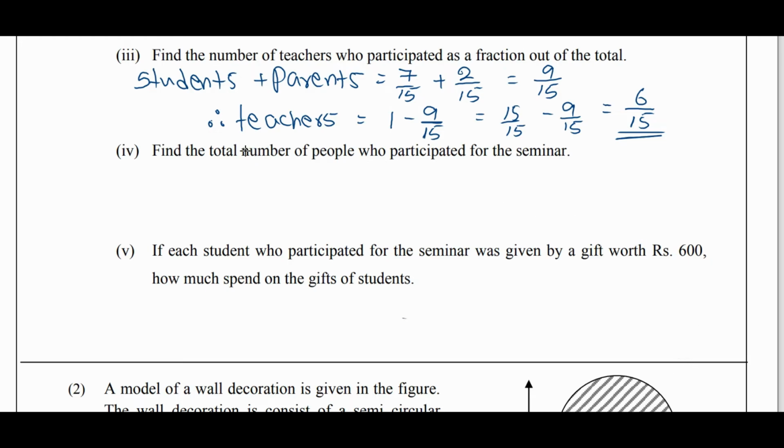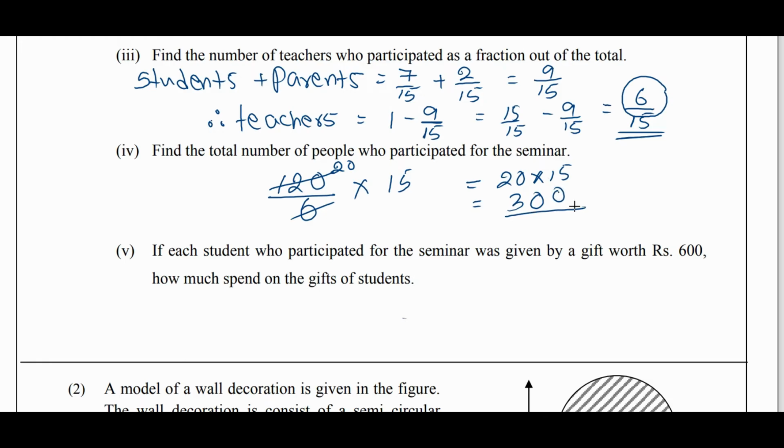We have given the number of teachers is equal to 120. Therefore, I can divide this 120 into these 6 equal parts to find out the value of one part, and again multiply into 15 to find the total value. Then here it is 20, then 20 into 15 should equal 300. That means 300 total people have